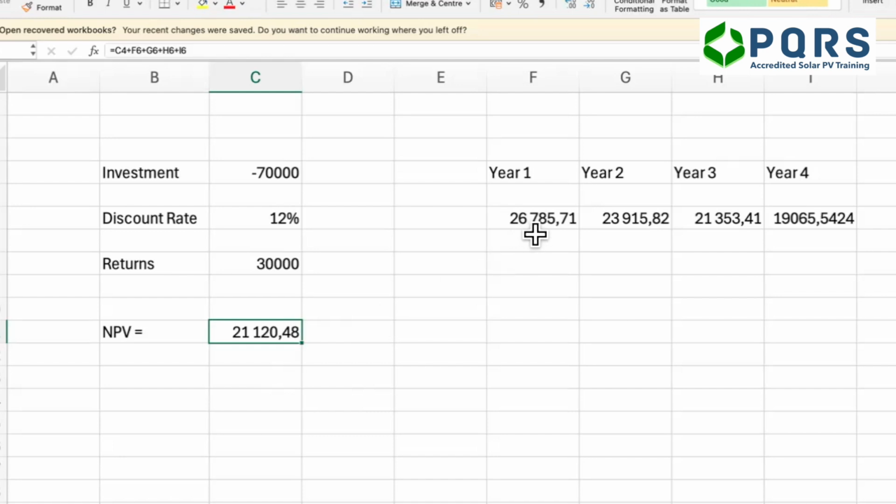So after 4 years, the total return we'll receive on the investment we've made is 21,120 units of whatever currency you'd prefer. So because the net present value in this case is positive, we'll probably end up doing that investment. So what I would like to do, for the next section where we want to discuss internal rate of return,